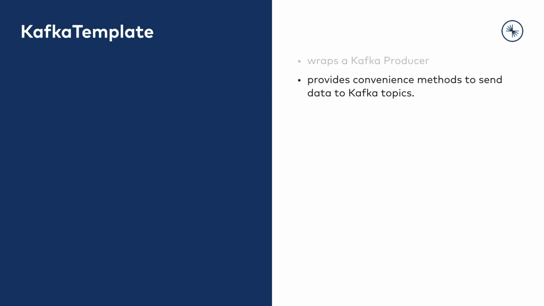It provides a variety of convenience methods that allow you to send a message to a Kafka topic. You can even define in your configuration some default topic and always use a method that simply sends the message. Or you can use a method that will send a message to a particular topic, a particular partition, with a particular key, and so on. So it is really not a very difficult API to use, especially if you already know how to use Kafka Producer.